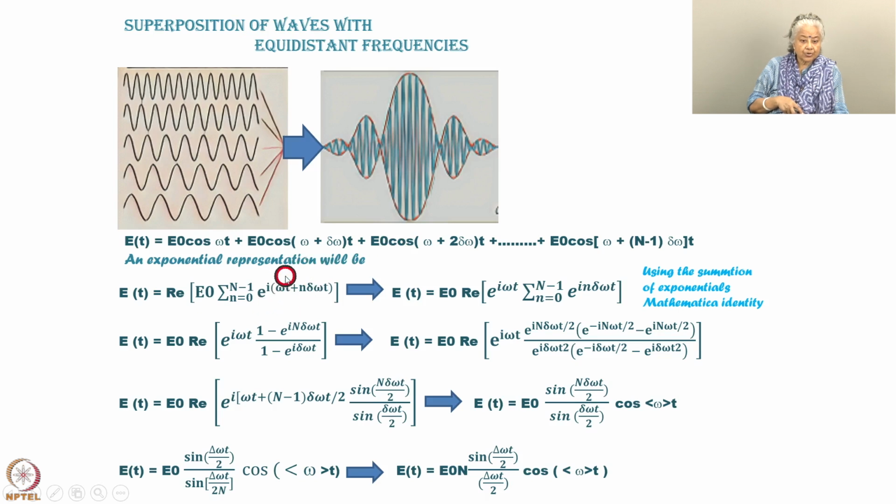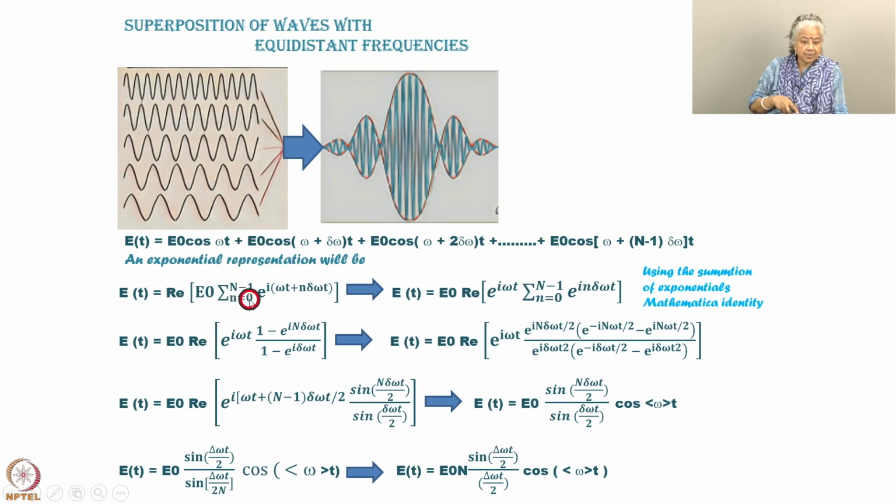term, e to the power i(omega t plus n delta omega). N is the number of modes which varies from 0 to N minus 1. Okay. So, this is my superposed wave put in a short form. This is the same as this, but put in an exponential form, which looks shorter and neater. And of this wave, this is my resultant wave by addition of all these waves, and I take the real